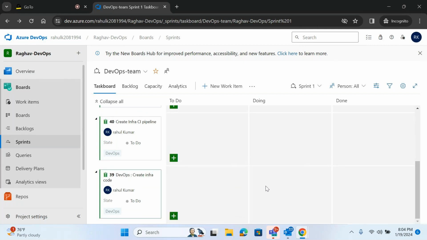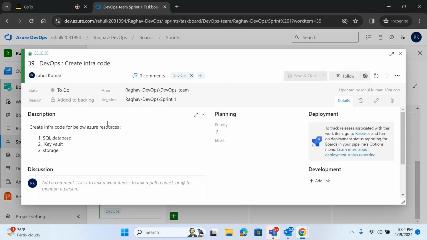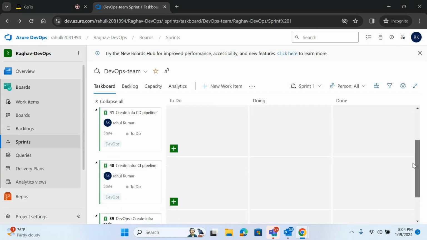So we can change the stage from here, right? From To Do to Doing, because you have started. Okay, so you can save this. So suppose you have started now, if you see